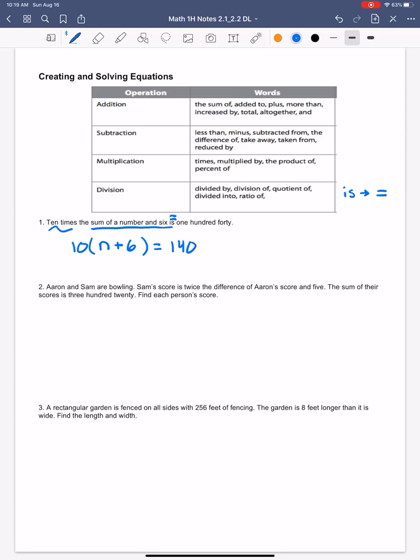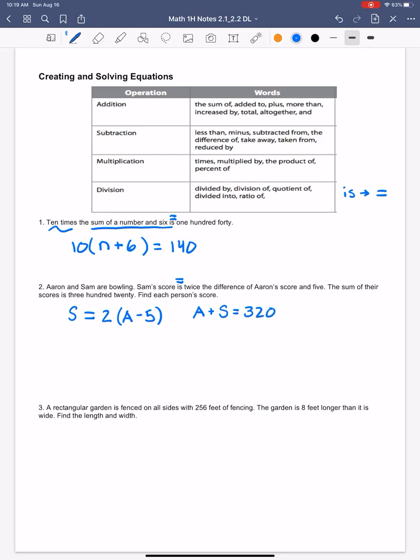We look at the next one here. It says Aaron and Sam are bowling. Okay, so we've got Aaron and Sam. It says Sam's score is, so I've got S equals, right? Sam's score is twice, so that's going to be multiplying by 2, the difference of Aaron's score and 5. So Aaron's score, and since it's difference, I know that's subtraction, and 5. It says the sum of their scores is 320. So if I put Aaron's score with Sam's score, I put those together, I should get 320. So I'm going to set up another equation. Aaron's score plus Sam's score equals